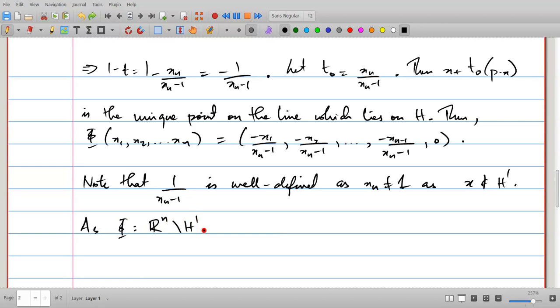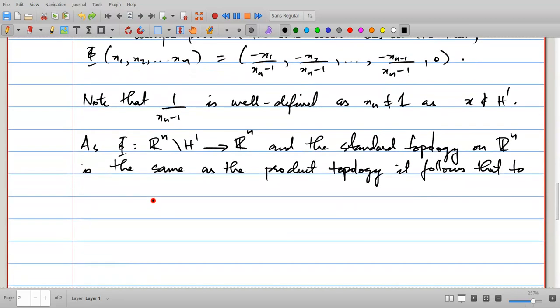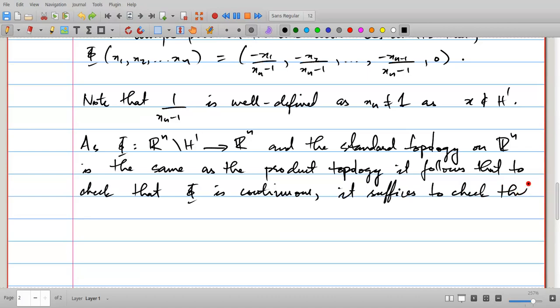So as phi is a map from Rn minus h prime to Rn, and the standard topology on Rn is the same as the product topology, it follows that to check that phi is continuous, it suffices to check that when we compose this with the projections,